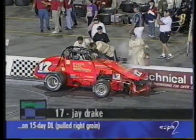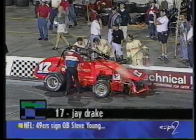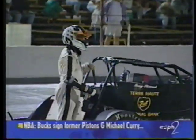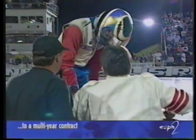Well, the race was his and things were going so well, and then all of a sudden, out of nowhere, coming off the fourth corner, the race, by the way, has been red flagged because Jay Drake got over on his head. The car is, as you can see, against the inside retaining wall here on the main straightaway, and Jay is climbing out, and also climbing out of his car is a very, very dejected Tony Stewart,